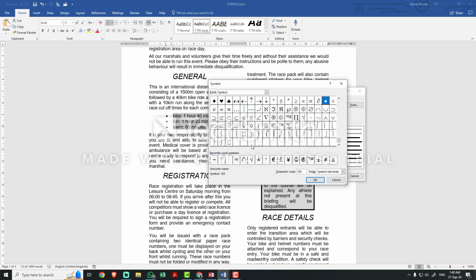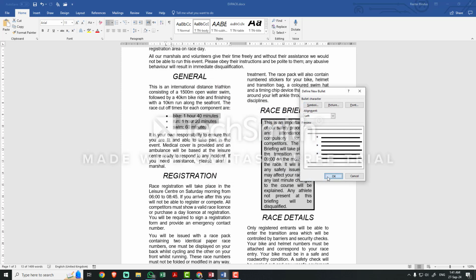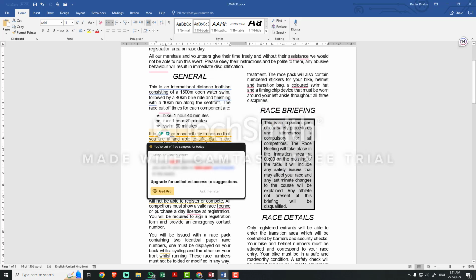So you should be seeing a star somewhere here if you recently used it, but if it's not, just go to the font and find that one under Wingdings. Here you can see this one here. So Wingdings 2, if you can find it, I think it was Wingdings 2, specifically the position of it. So here's the star for it. So just click that one, and they said you just have to make it a star.